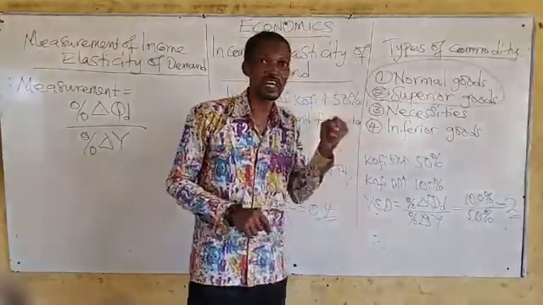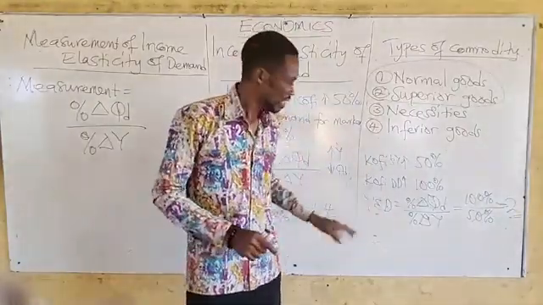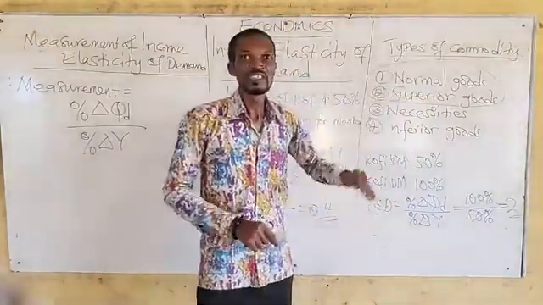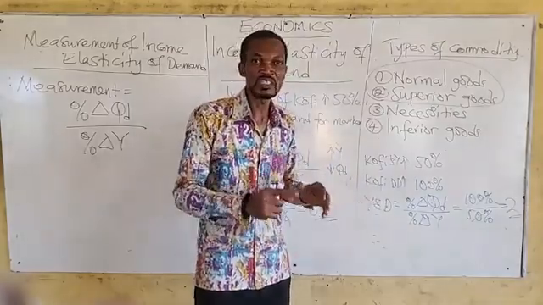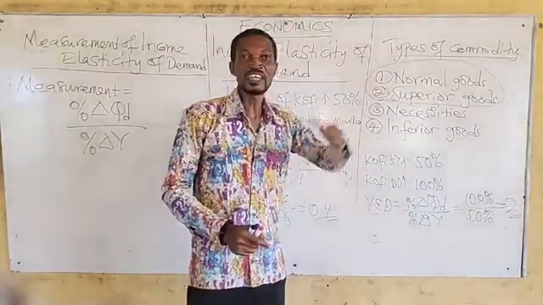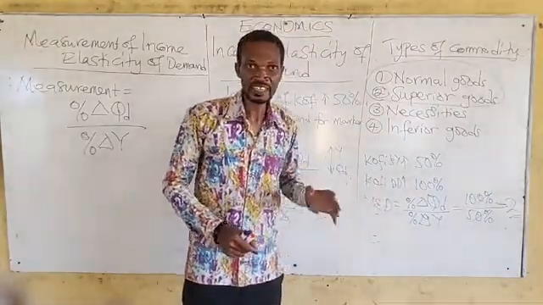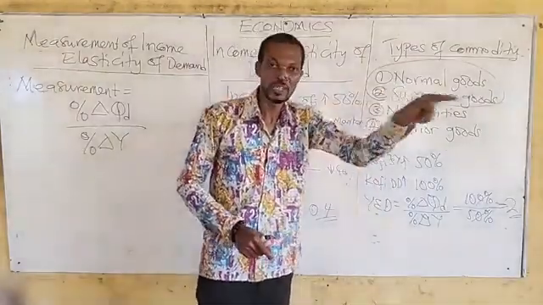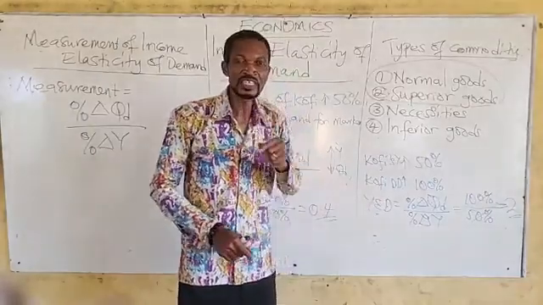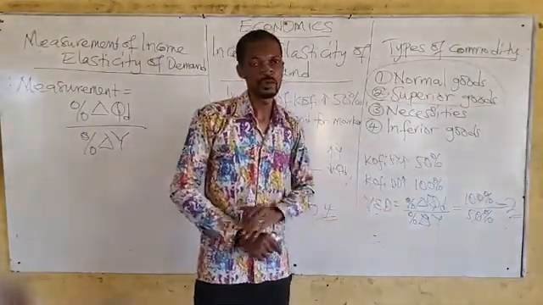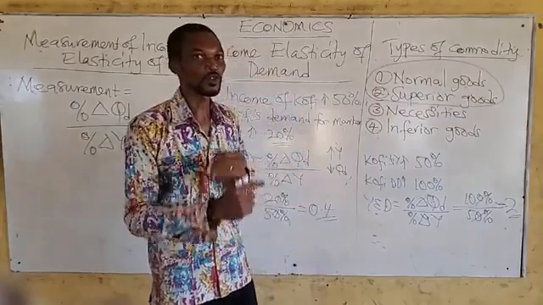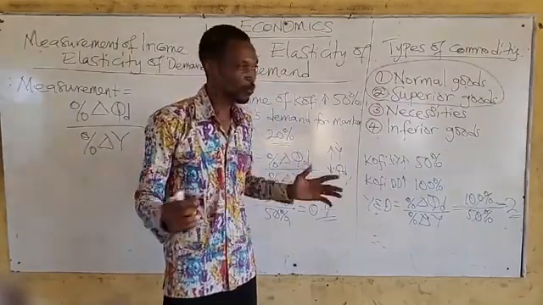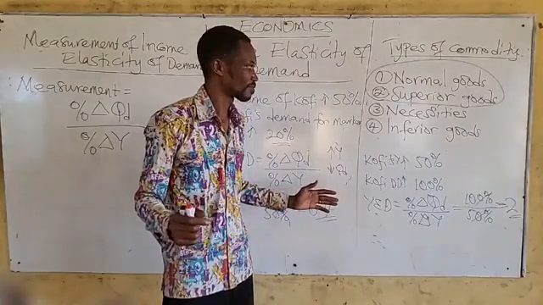Once you calculate your income elasticity and it's positive, whether it's less than 1, equal to 1 or greater than 1, they expect the students to say the commodity is a normal commodity. But if you are in the university or the polytechnic, you should be able to know the difference between normal commodities and superior commodities. And how do you get the difference? That is what I have told you. That is why I was talking a lot, so that you will understand. I hope we are clear at this point.